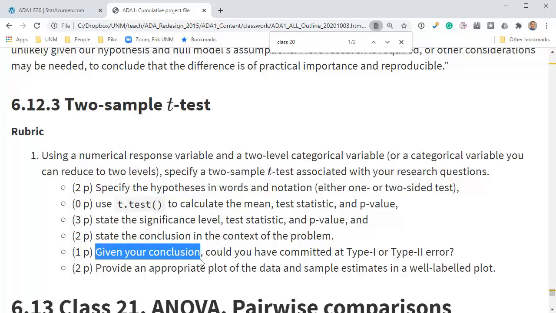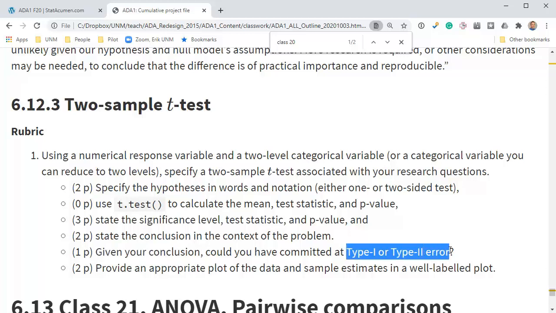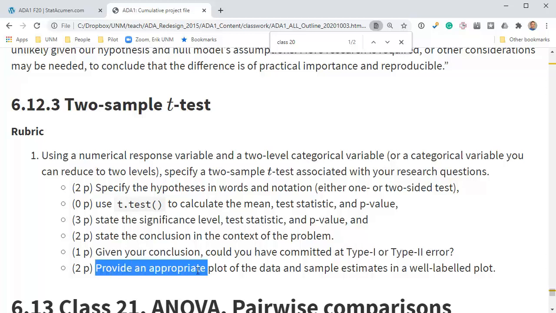Given your conclusion, could you have committed a type 1 or type 2 error? This is a question that we've repeatedly seen in the previous assignments. And finally, and perhaps this is often the thing that I do first, provide an appropriate plot of the data